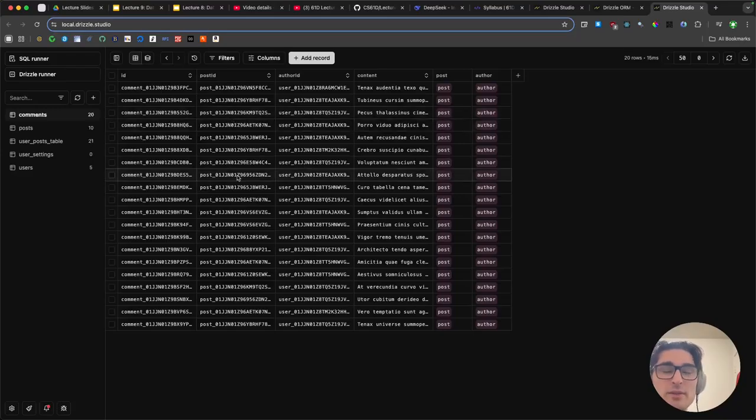I will write out more specifics on this setup process in the README of the repository. So if there's any issues that you run into, make sure you check there. And with that, we are ready to get set up and start writing some queries